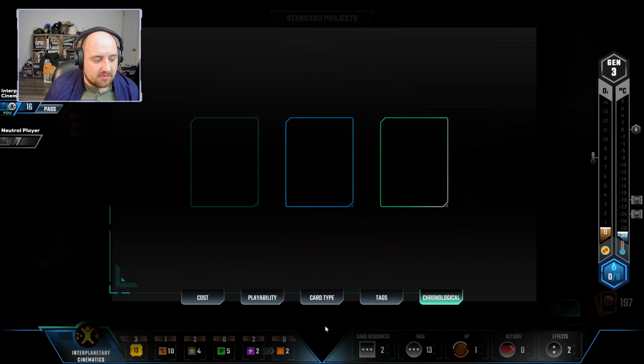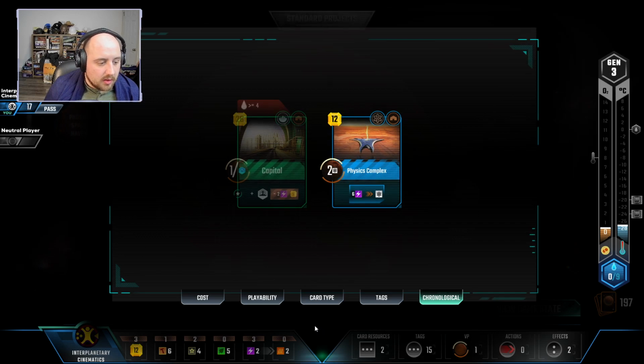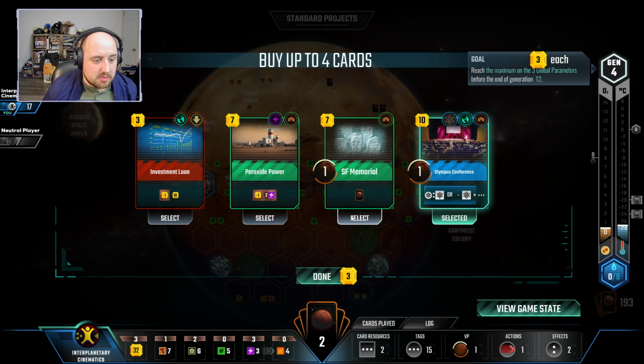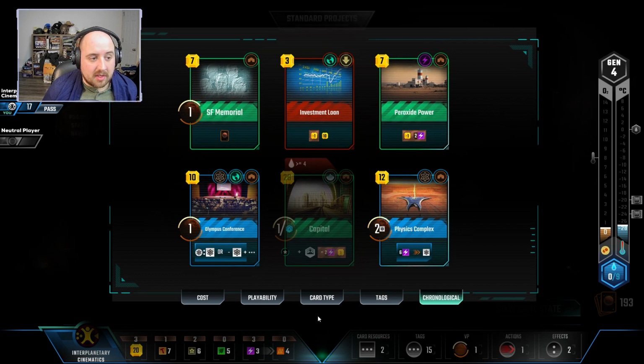I think that there's value in picking up these cards for sure. Little heat bump. Nothing yet for Physics Complex, but it could become relevant. Similarly with the Capital, we got some good spots for that. We get money back on events, so this is good. SF Memorial. We don't have a lot of steel production, so I'm